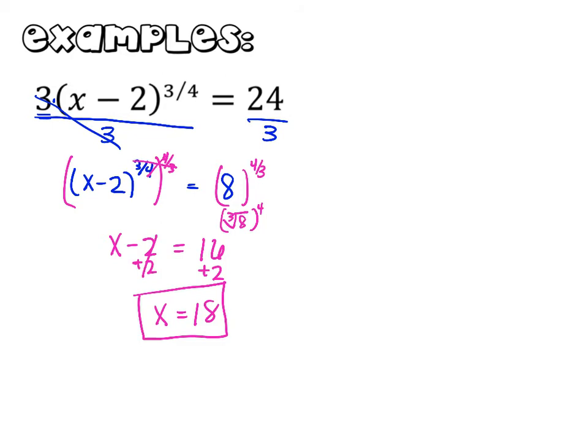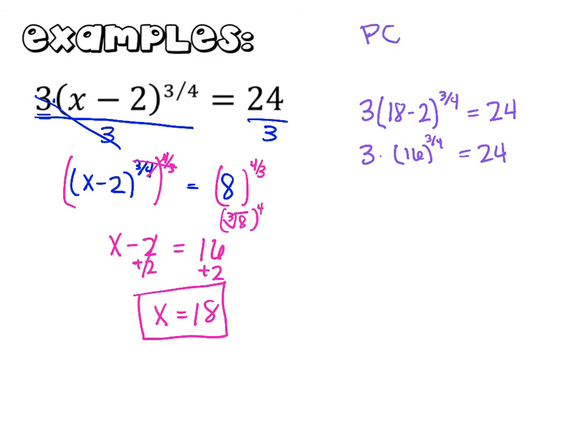To check my work, I start with my 3 times 18 minus 2 to the 3/4 power is supposed to equal 24. That means 3 times 16 to the 3/4 power equals 24. Remember my order of operations? It says I do the exponent before I multiply. So then 16 to the